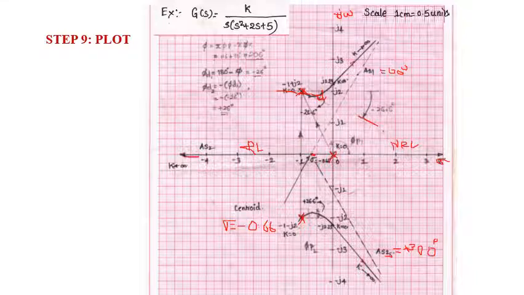Then keep the protractor center here, like this. Measure plus 26 degrees on this side. From this side you measure plus 26 degrees, and draw a thin line towards that one. This one will be telling the angle of departure. So this is going to tell about the angle of departure.